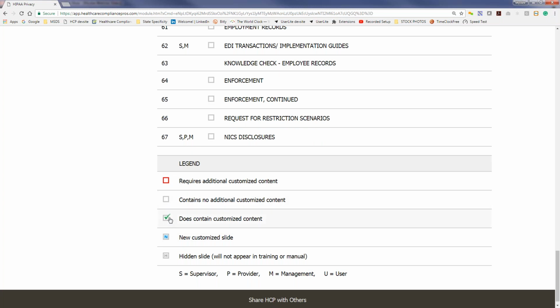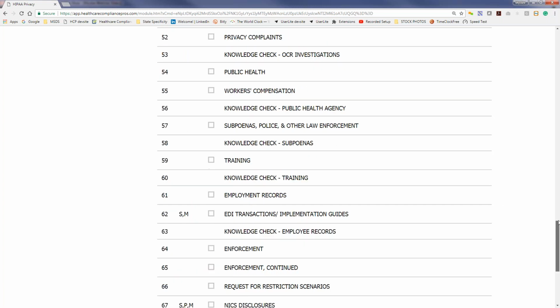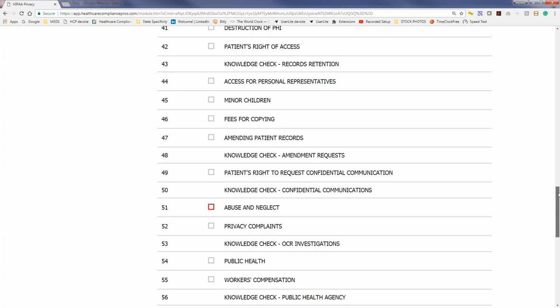If you see a green check mark within a slide, that means that there has been customization added to that. So those are the slides that at least annually you should take a look at and make sure that the information is still correct. And then if it has a red box, that's one that needs some customization in order to meet compliance